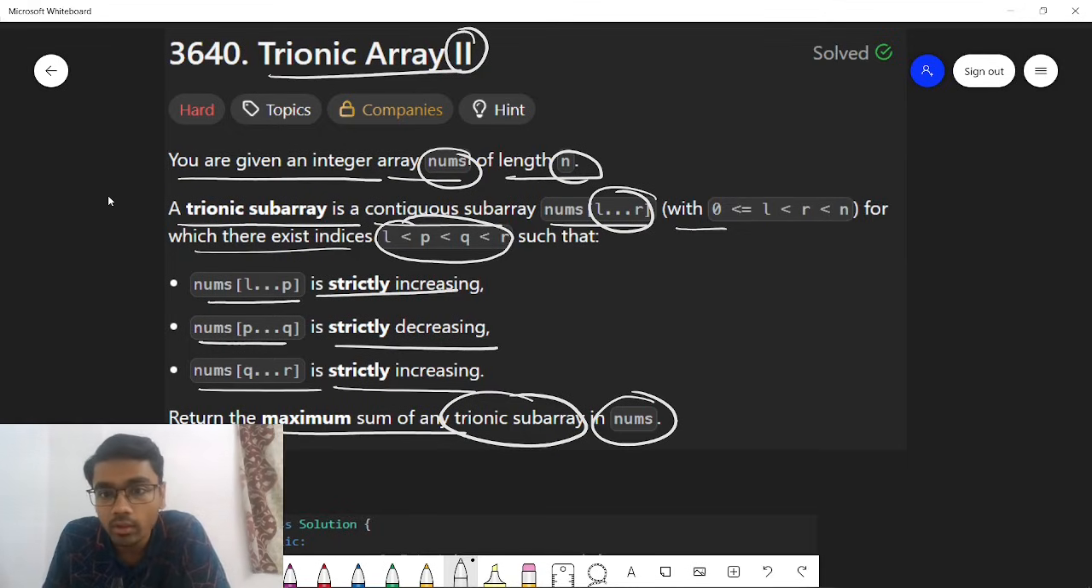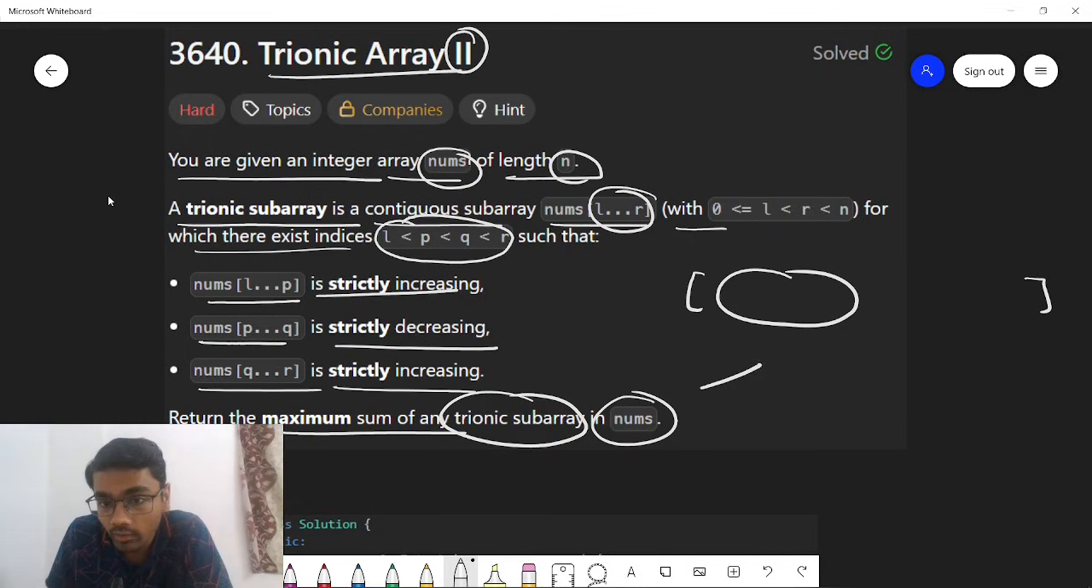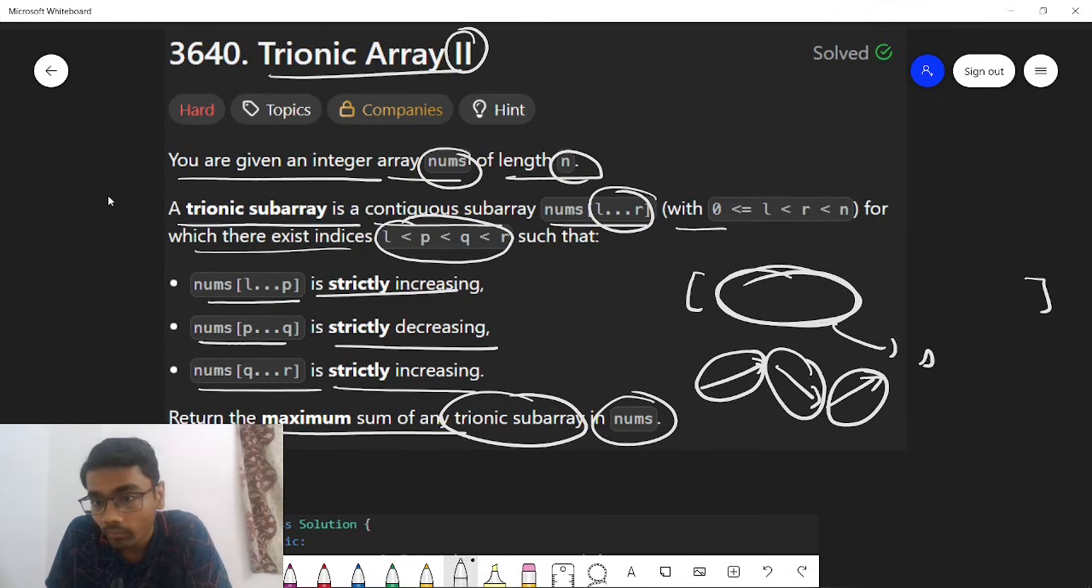So what the question is saying is that you are given an array nums and you need to find a subarray, let's say this subarray, such that this holds the property of a trionic array, which is this. It should be first increasing, then decreasing, then increasing again, and this subarray sum should be as max as possible. This is what the question is saying, and we need to do this entire operation in O of n